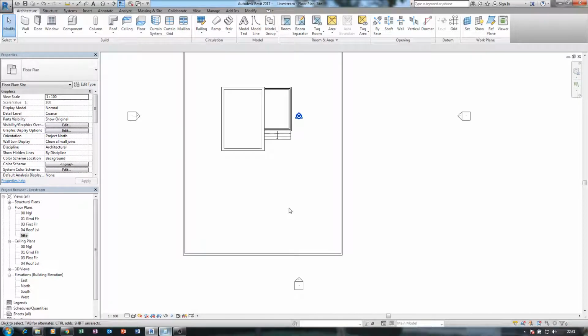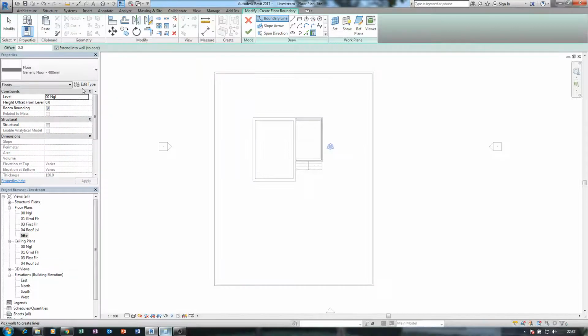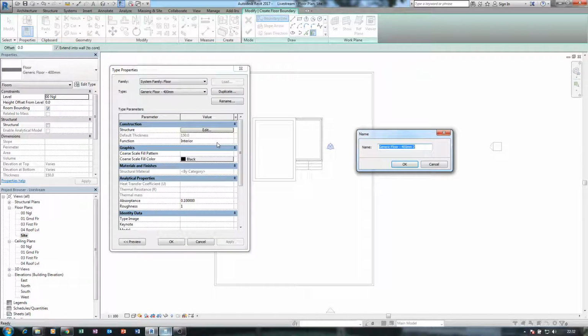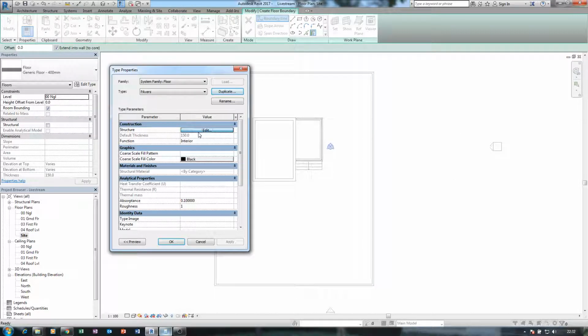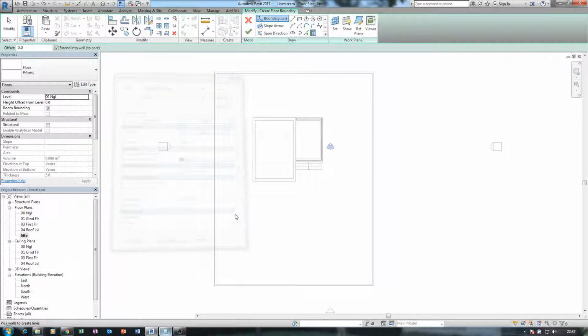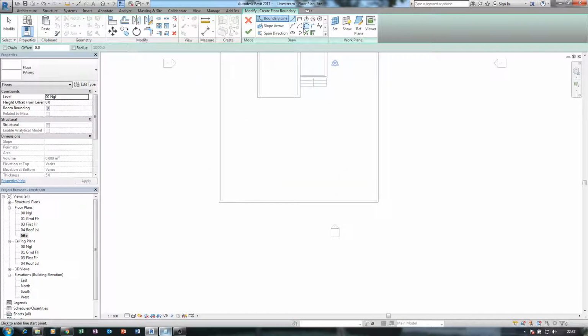I can just try and make some floor and duplicate and call it, and give it pavers or something, and make it like even 5 mm is okay for me. And now for this, I'm going to actually draw some things out. Okay, something like this.